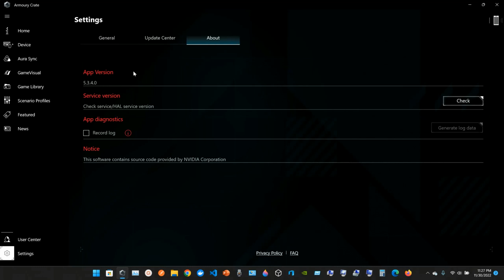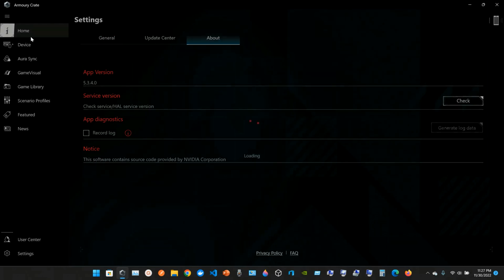And about version, I have the 5.3.4.0 service version. Check service, HAL service version, app diagnosis. Notice the software contains source code provided by NVIDIA Corporation. Okay, so this is the settings. If we go to home,